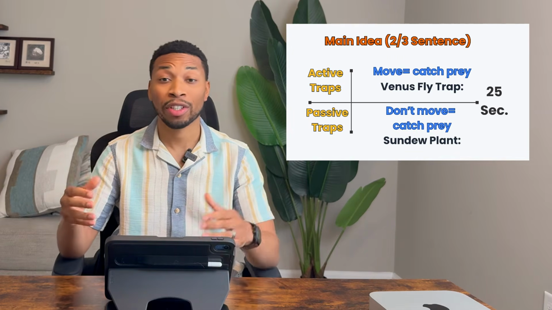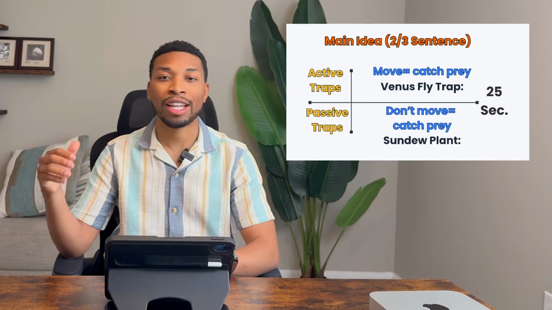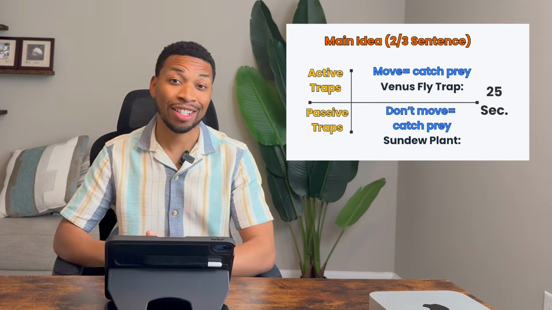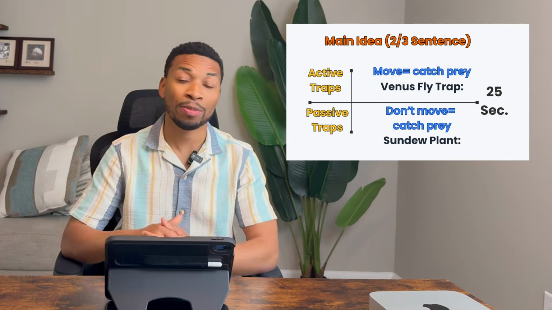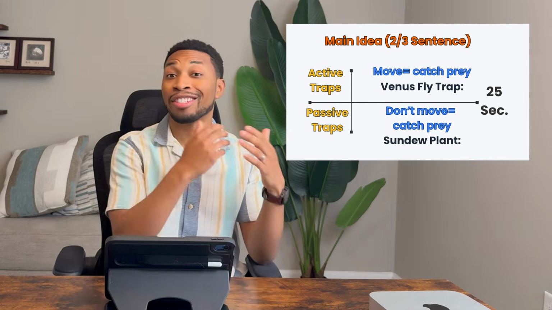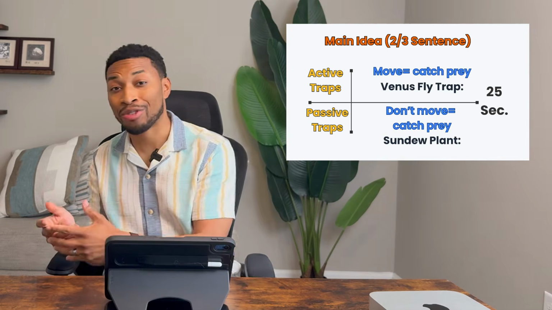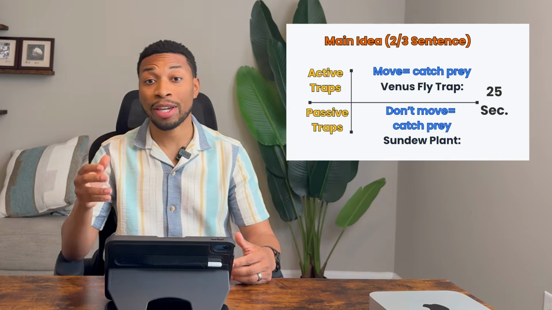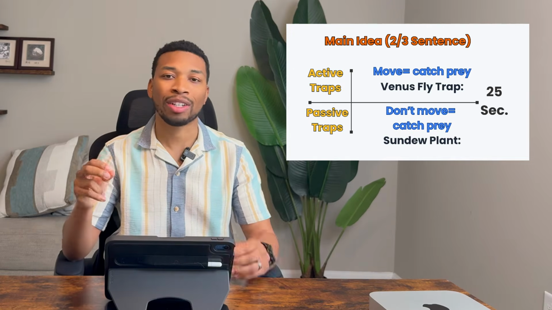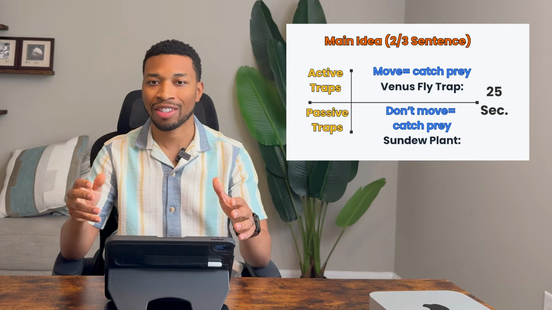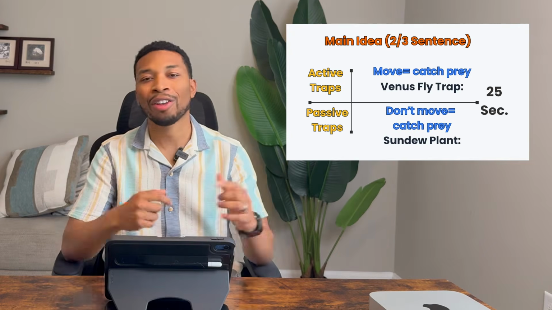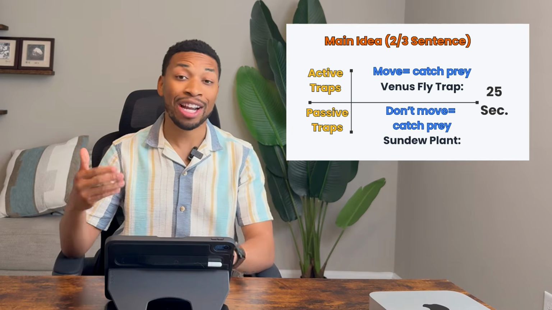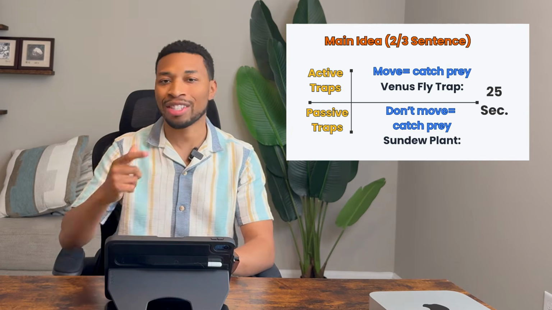Now what you're going to do, you're going to take your time, make sure that you do your answer as best as you can. You're going to give the main idea, and the professor gives two ways to explain this. Active traps, definition, example, and then passive traps, the definition, and then example. And you also want to make sure that you don't go to your second one until 25 seconds are left. If you follow the template that you see right there, you're going to do excellent. So take your time and practice yourself, and then listen to the sample answer.